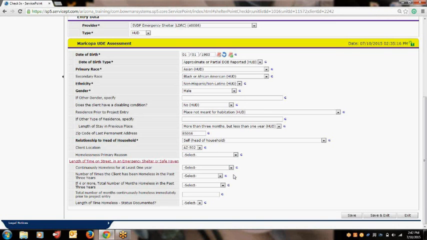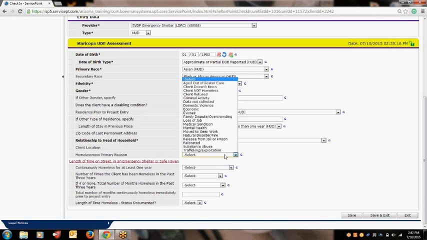Homelessness primary reason. This is where you're going to choose the reason of why your client has become homeless. We have aged out of foster care, client doesn't know, client not homeless, which will only be used for homeless prevention projects. Client refused, criminal activity, data not collected, domestic violence, economic, evicted, family dispute or overcrowding, loss of job, medical condition, mental health, move to seek work, natural disaster or fire, release from jail or prison, relocated, substance abuse, or trafficking